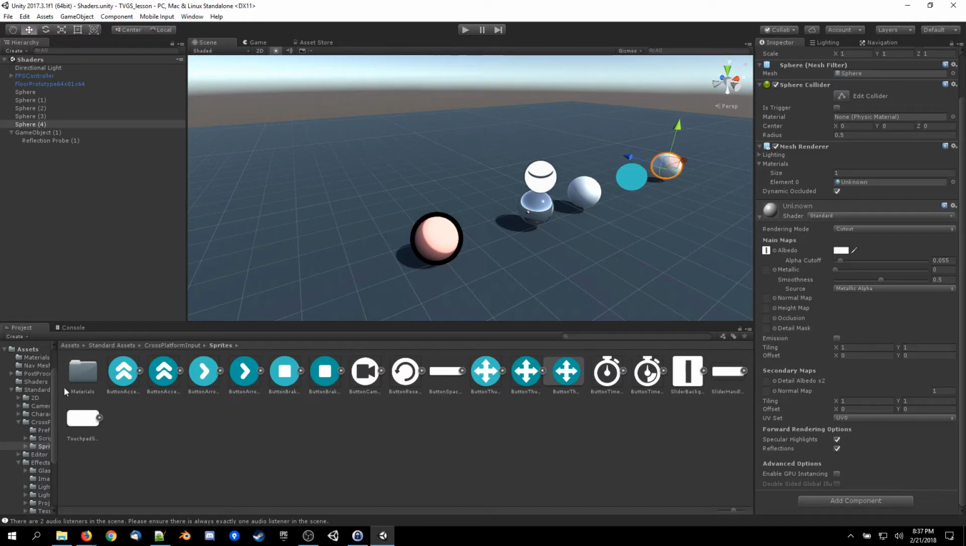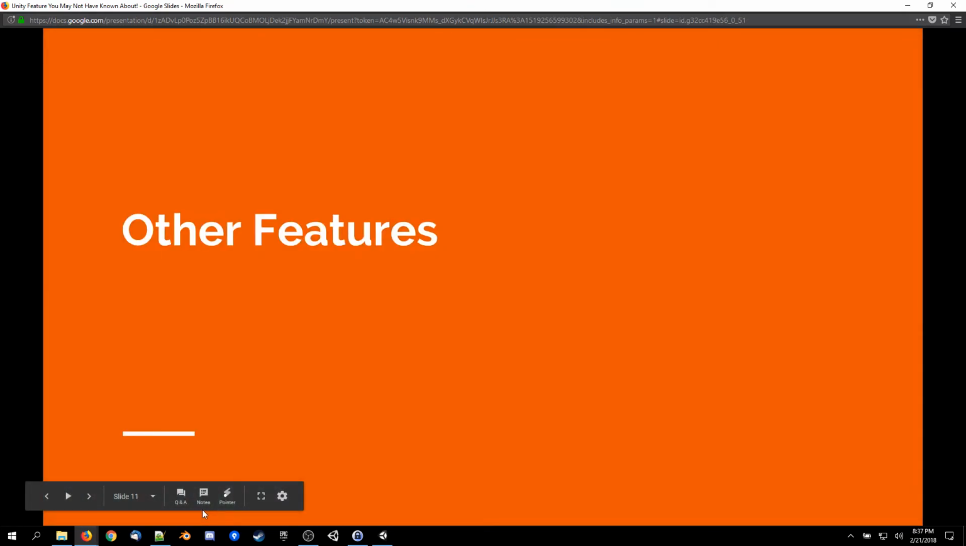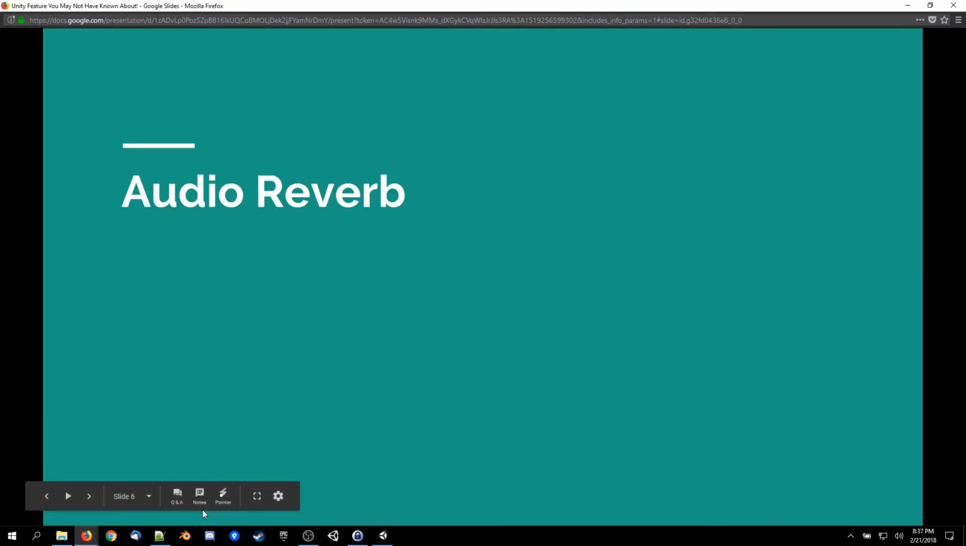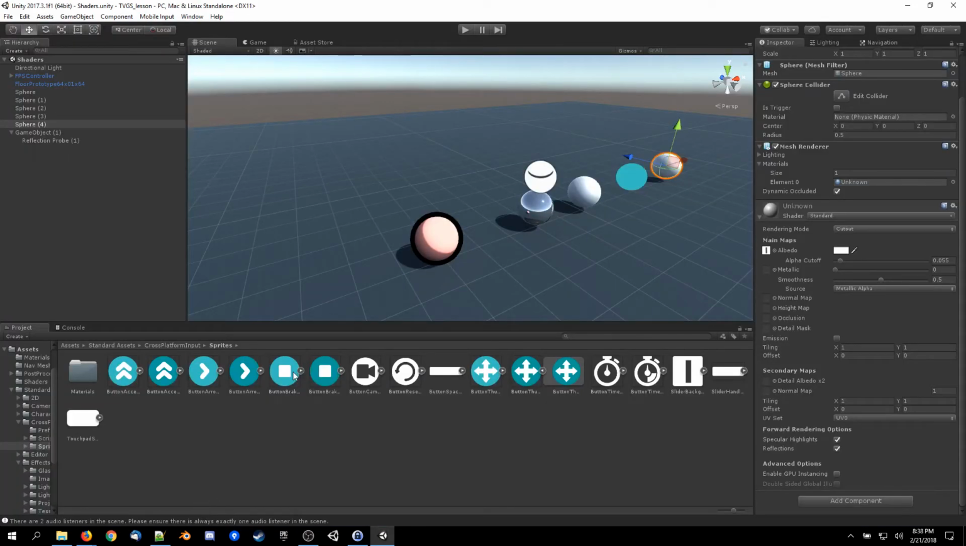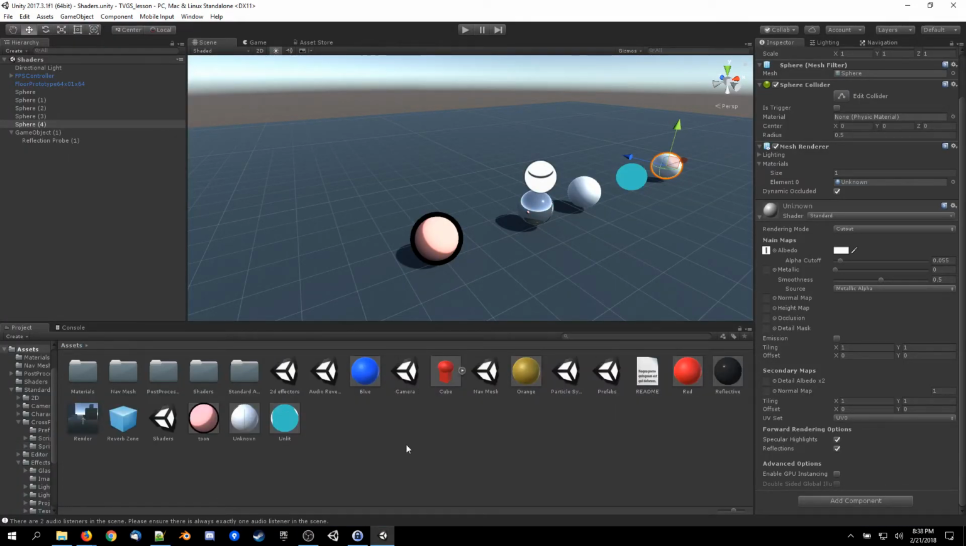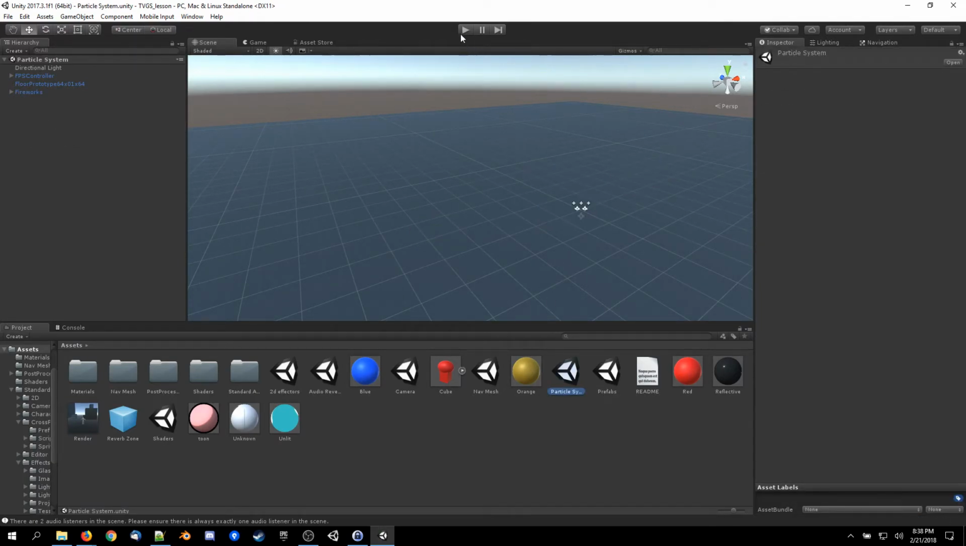And finally, I wonder if I have time for this. Oh, I skipped one. Haha, particle systems. So yes, I did actually have that scheduled at some point. Here it is, particle systems. When you play this,